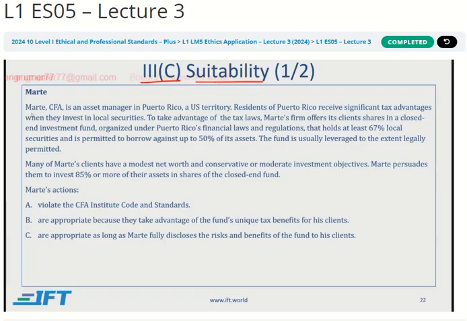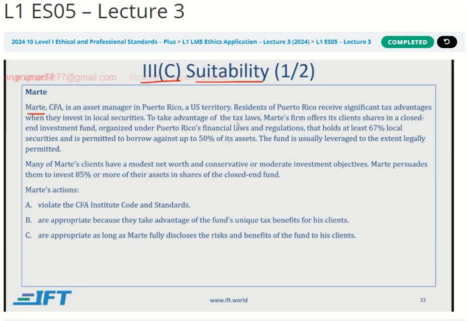Now let's come to the case. Marty is an asset manager in Puerto Rico, a U.S. territory. Residents of Puerto Rico receive significant tax advantages when they invest in local securities.